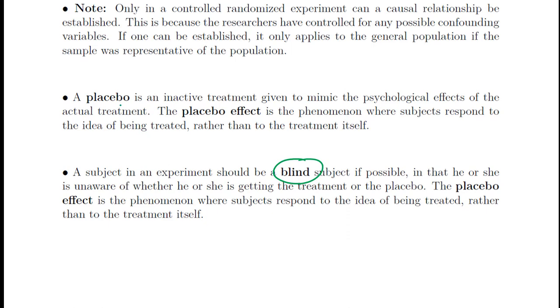And so the placebo allows us to do that. There's also something that's very real called the placebo effect, which is a phenomenon where subjects respond to the idea of being treated rather than the treatment itself, right? And so what happens is, if there's a placebo effect going on and you give one group the actual treatment and another group a fake treatment that they can't tell is not the real thing, then